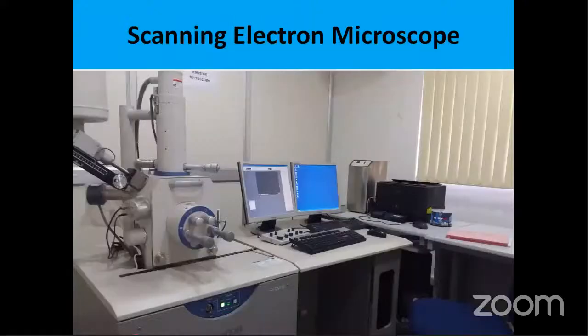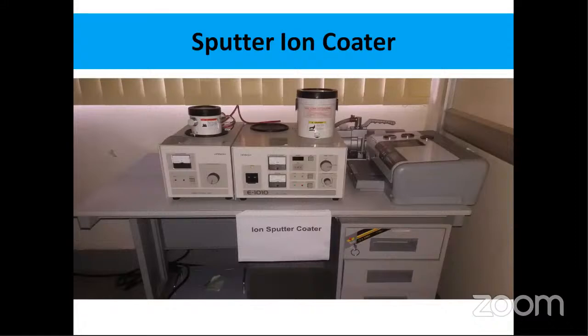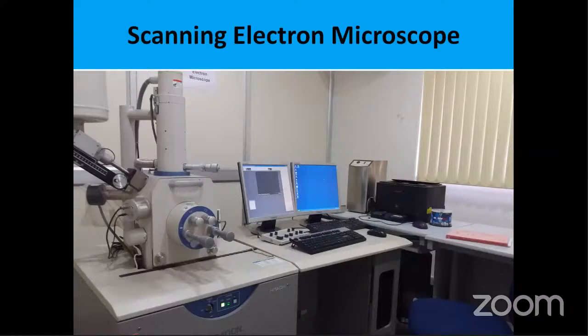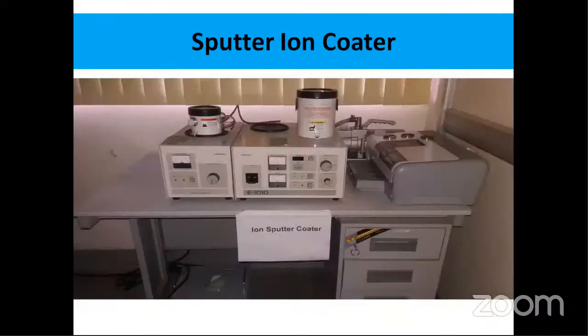Now, this is a scanning electron microscope which was used to basically see the size and shape of the nano fertilizers. This is basically sputtering. In a scanning electron microscope, you just need a conducting surface for getting the images. But as the nano fertilizers produced were of organic base, they were non-conducting. Chitosan in itself is non-conducting. So for that, we have to make it a conducting surface. For that, we have to add a carbon film or a gold film on the upper surface of the bead.